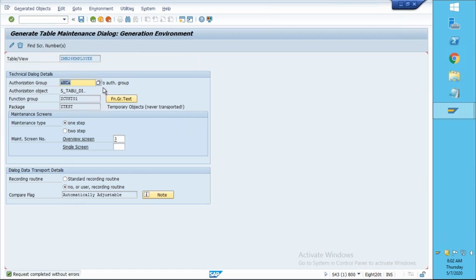Okay, so I have created this particular artifact, this table maintenance generator. This is the name of the object of the table maintenance generator, through which I can maintain the entries into the table. This maintenance view has been saved into the transport request, right? And in this maintenance view, I have selected the second option, no or user recording routine. So when you are going to create an entry into the table, it will not ask you for any